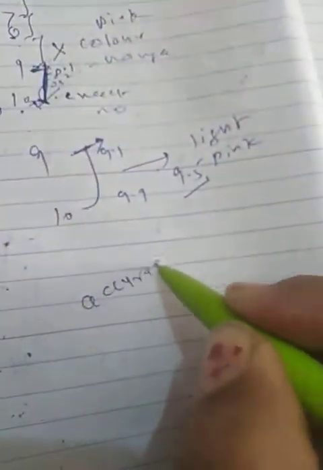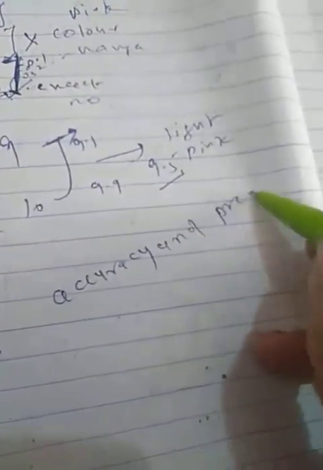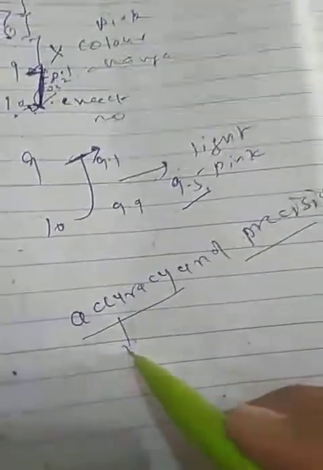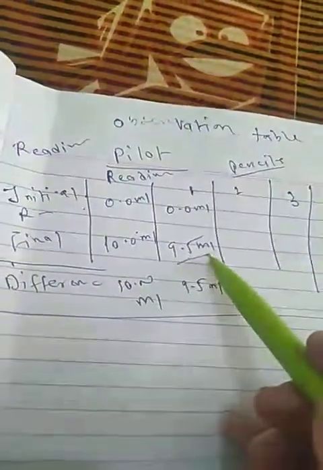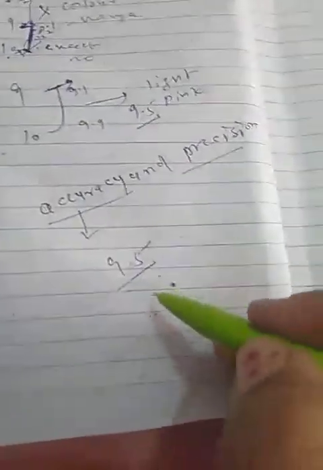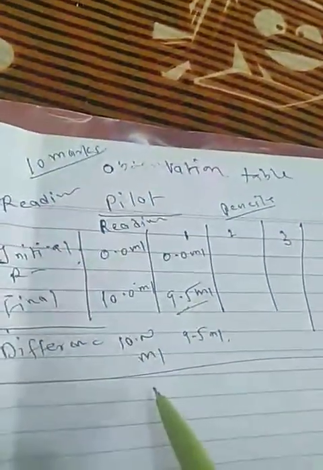Now, what is the rule of accuracy and precision? Accuracy and precision. See, now accuracy means my reading and your reading. Already when I am making my solution, I know how I am making the solution and what is my exact reading. So if my reading is 9.5 and your reading is also 9.5, you will get the exact marks. That is, on the observation table, 10 marks are given. So be careful while taking the reading.